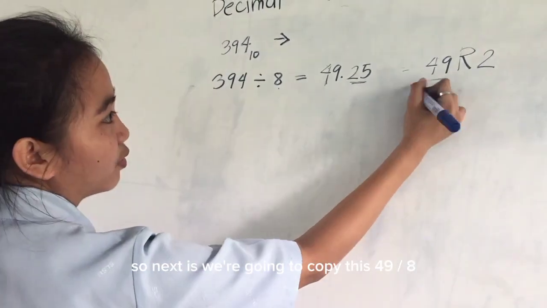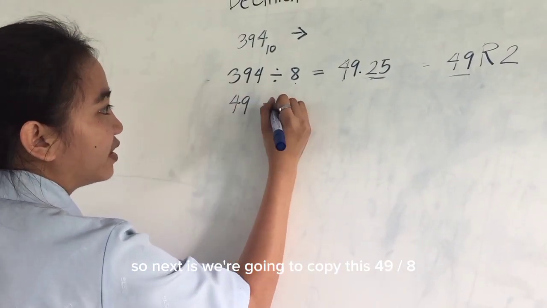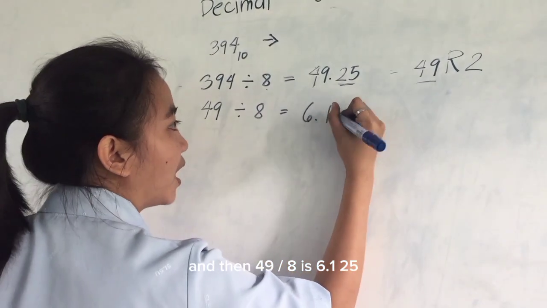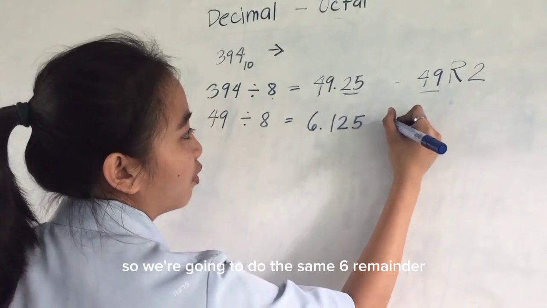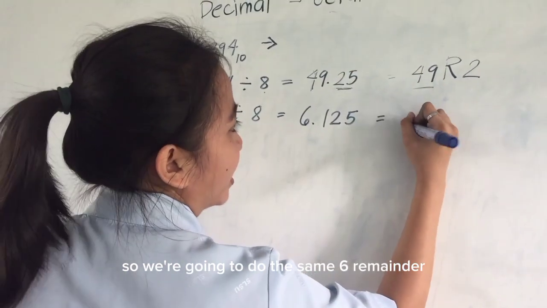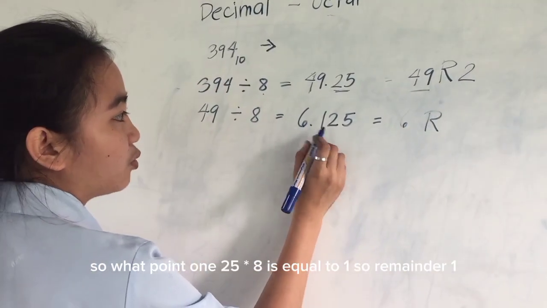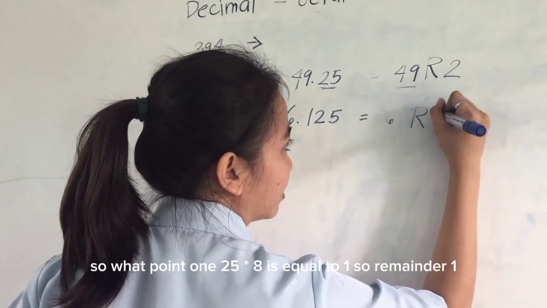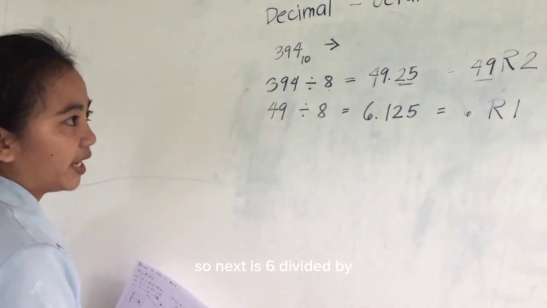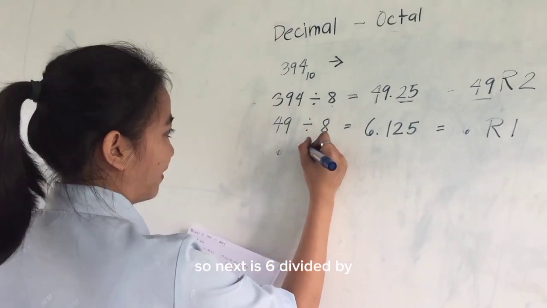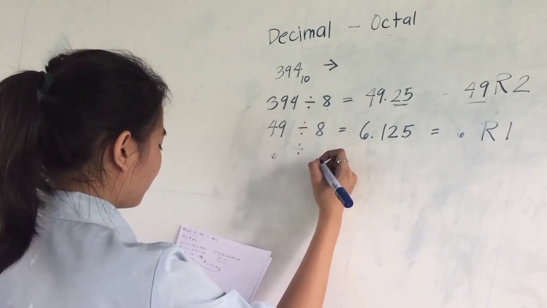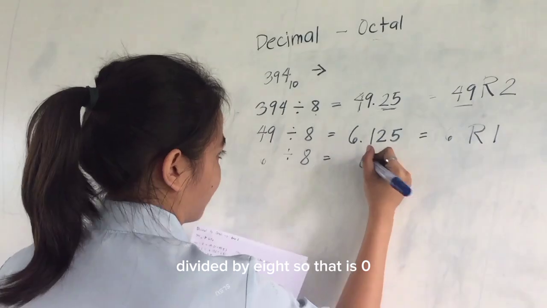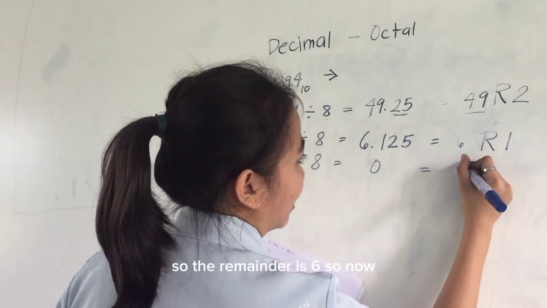So next, we're going to copy this 49 divided by 8. And then 49 divided by 8 is 6.125. So we're going to do the same. 6 remainder. So 0.125 times 8 is equal to 1. So remainder 1. So next is 6 divided by 8. So that is 0. So the